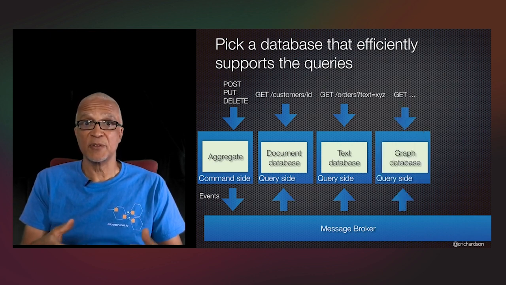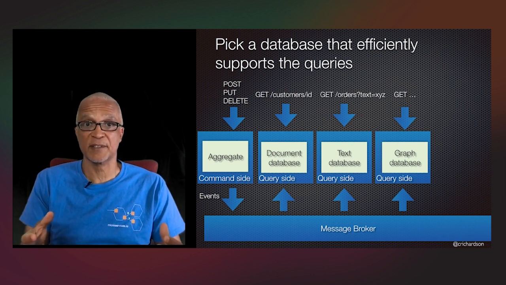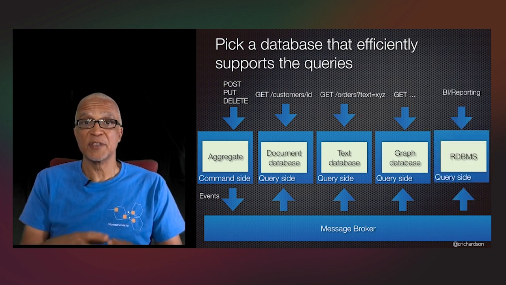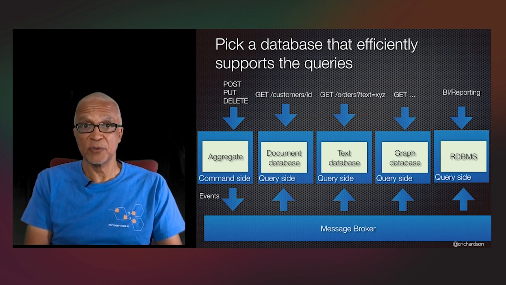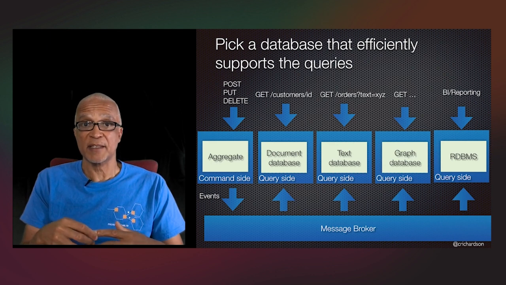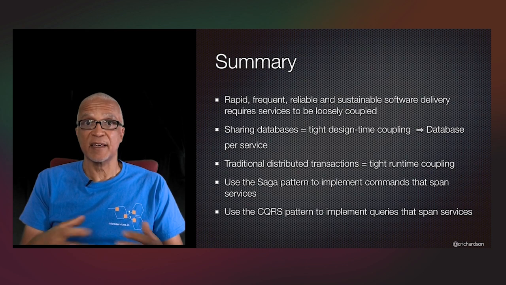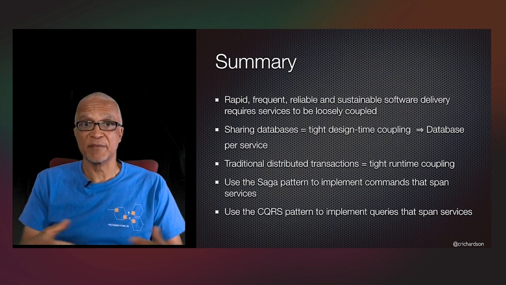Alternatively, you might even use a graph database for social network style searches or financial fraud analysis. There are also scenarios where a relational database is a good fit. For example, a traditional business intelligence tool can query a CQRS view implemented by a SQL database. There's a lot more I can say about using events and more generally asynchronous messaging.